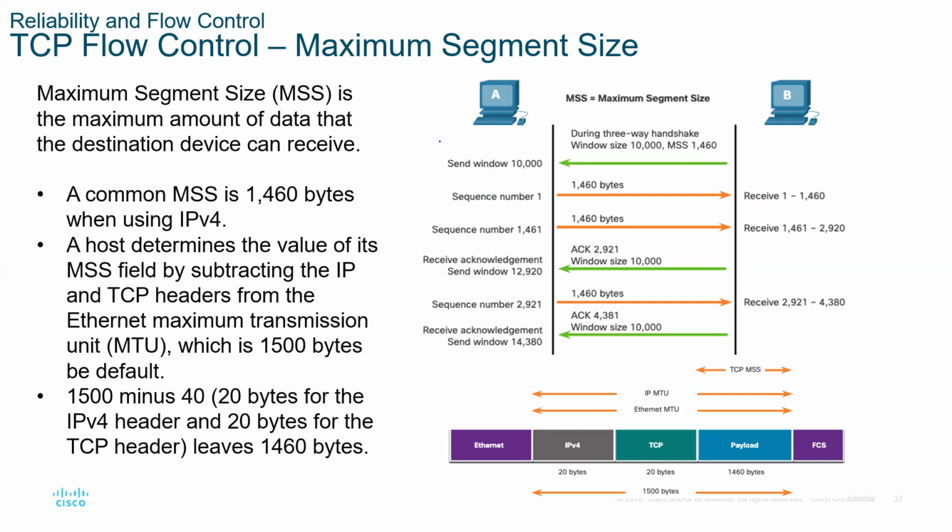I'm talking way too fast. And we'll see this value is dependent on the MTU, what we call the maximum transmission unit. When we talked about layer 2, I think we talked about the maximum transmission unit. For Ethernet,